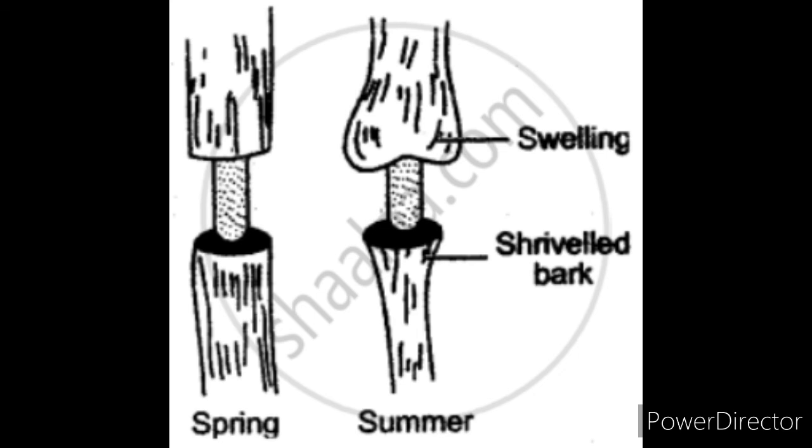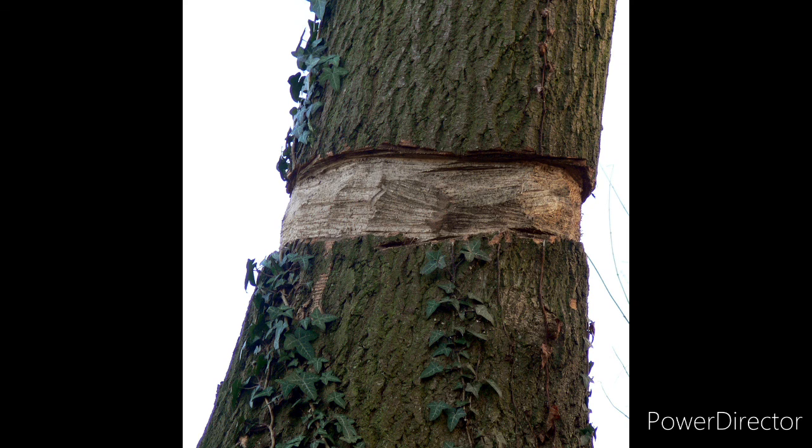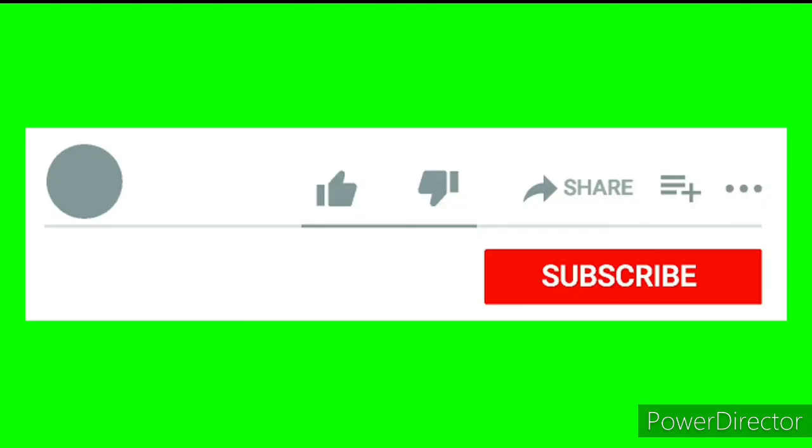But if this continues like this, the lower part will not get the food material, and ultimately the plant may die. Right, children? Whatever food is prepared by the synthesis is carried by the phloem to each and every part of the plant. If the lower part of the plant does not get the food, then ultimately it leads to the death of the plant. Thus, it is proved that whatever food has been prepared through photosynthesis, the phloem is conducting the sugar and transporting it to each and every part of the plant.